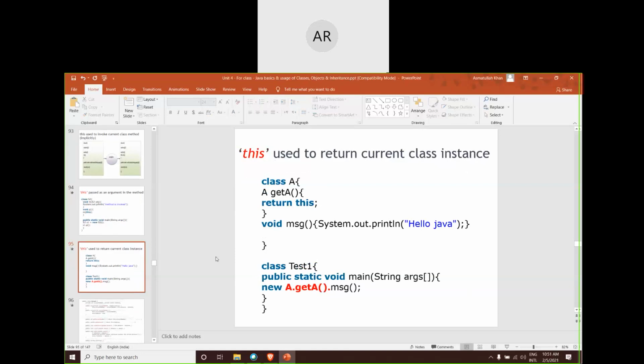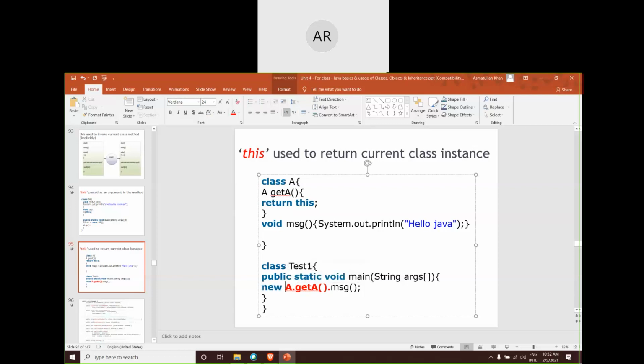Now, the other way of making use of the this keyword is, for example, to create an object or return a particular object back to its caller. Here I have a class, and in the class I have a public static void main, and I am trying to create a new object. Whenever we write new, it will try to allocate memory. Now how it is allocating memory, have a look at it.